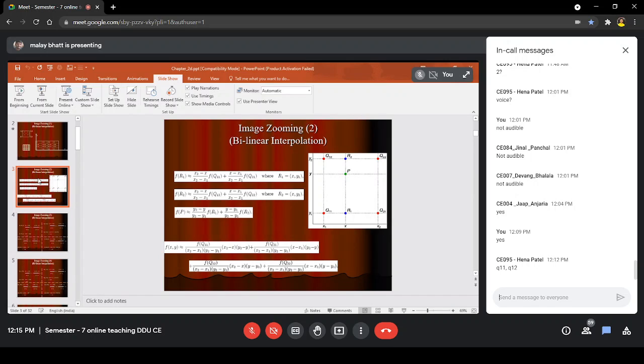So p is any point in the center of the image. We have four such points. So we know y2, y1 very well. Only we have to decide the value of y, because the value of y is the new point for which we are calculating. So we can use any equation, either the third one or the fourth one, to find out the value of the point based on the x and y coordinate.